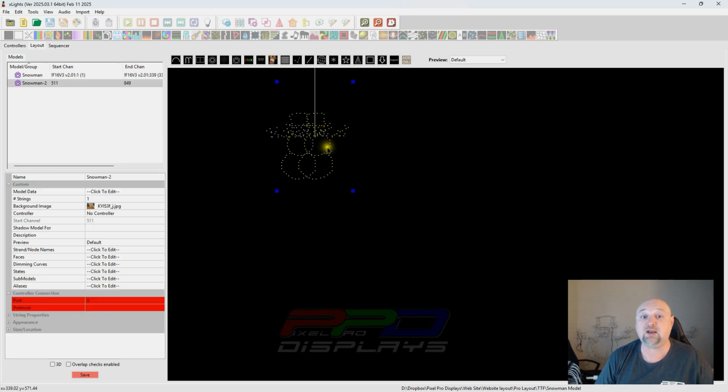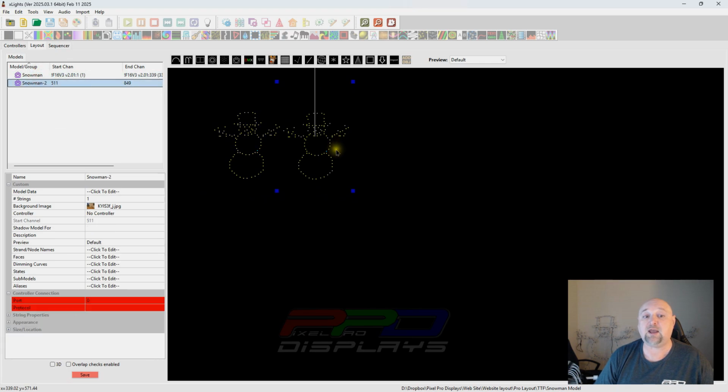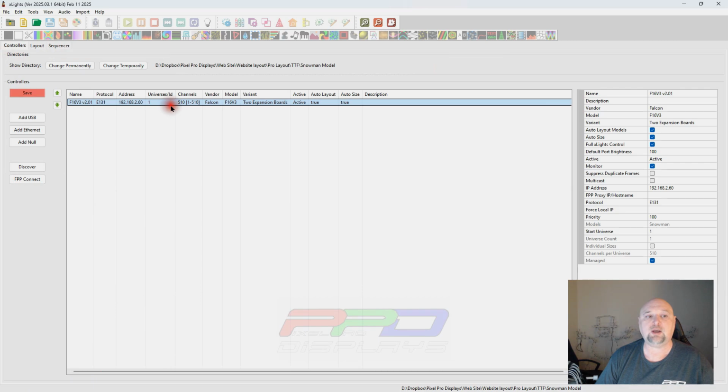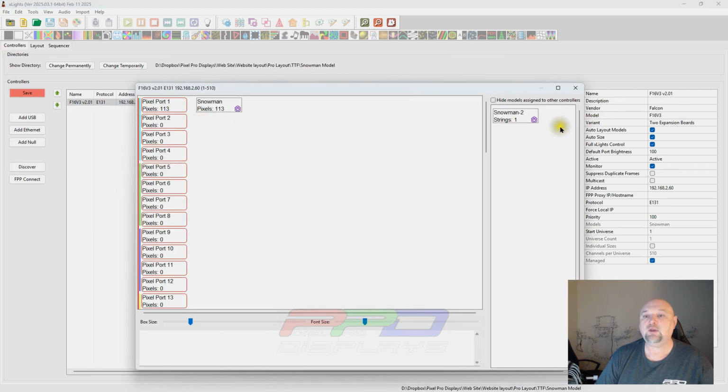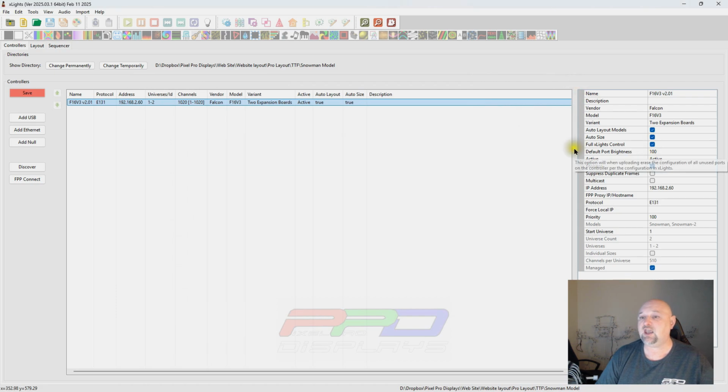Now look, it created an exact duplicate. So here is Snowman 1, and here's Snowman 2. Okay, so now we have a second Snowman. Let's go into the controller, double click on the controller. We can go grab Snowman 2, throw them in port number 2, close this, and then see how this says